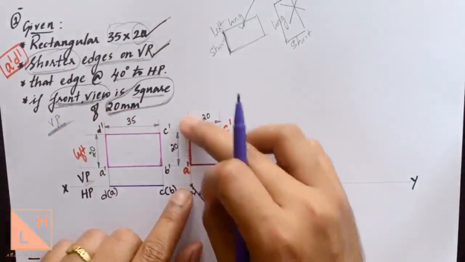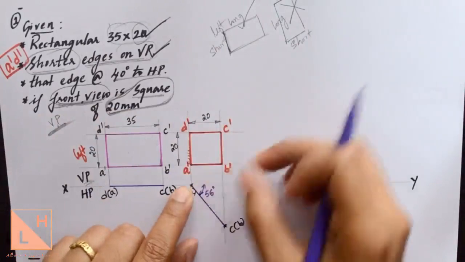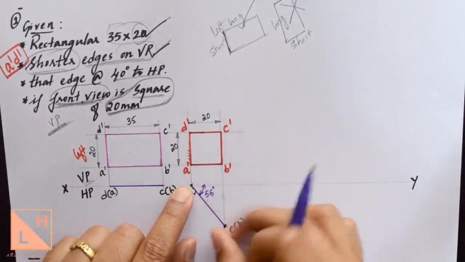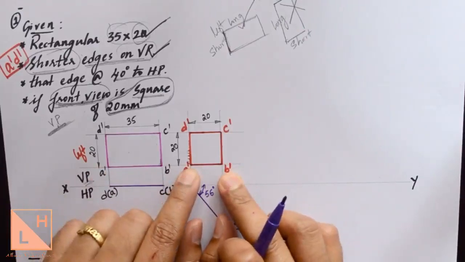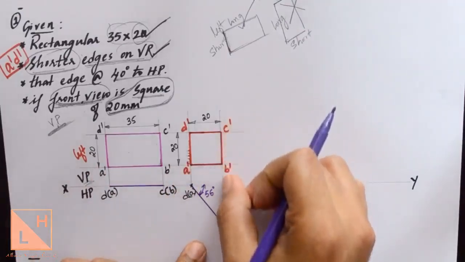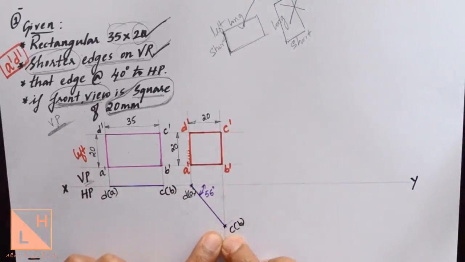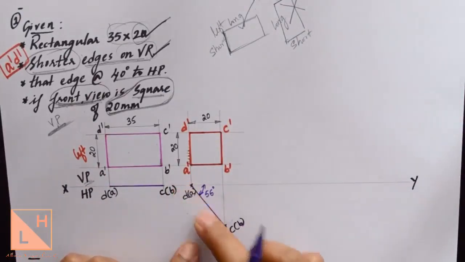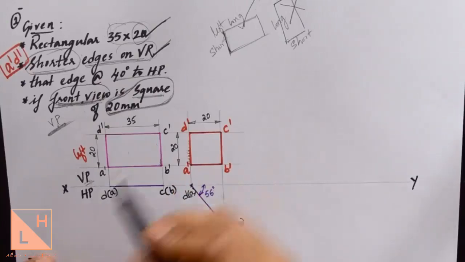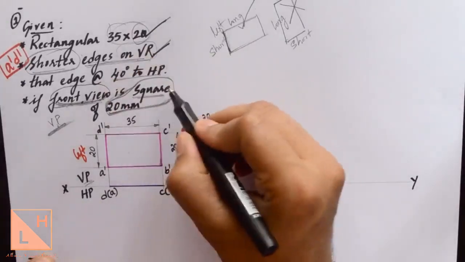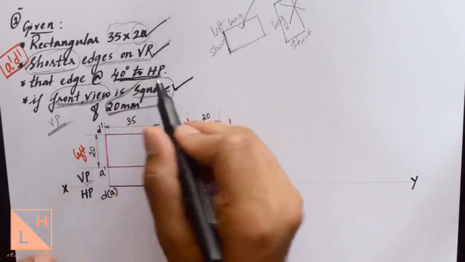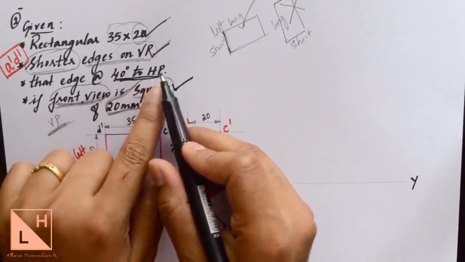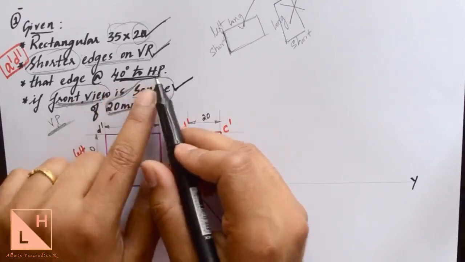As you see, A dash D dash will join to AD here, and C dash B dash will join to some angle because the length A dash B dash is reduced to 20 millimeters here. So when we drop a projection line from C dash B dash, it will intersect somewhere here and we'll be able to find out the angle at which the lamina is inclined. Now, if you check the list, we are done with the condition of the front view as well. So we have only one condition left, which is given as 40 degree to HP. Now what is 40 degree to HP?